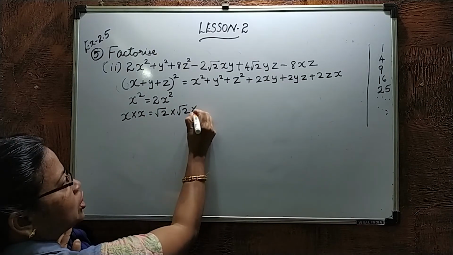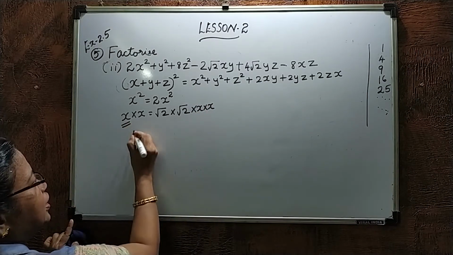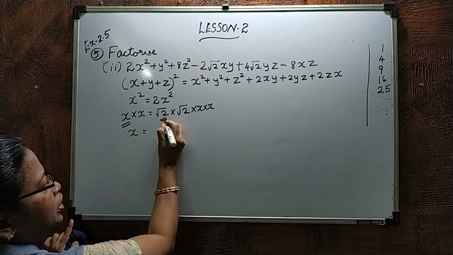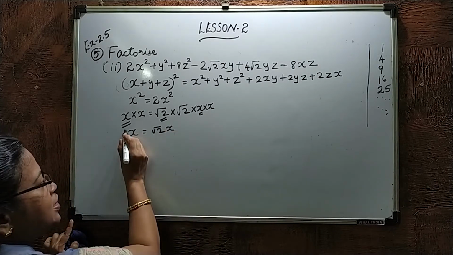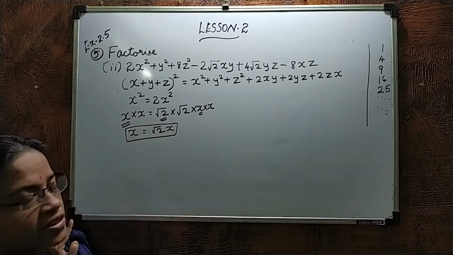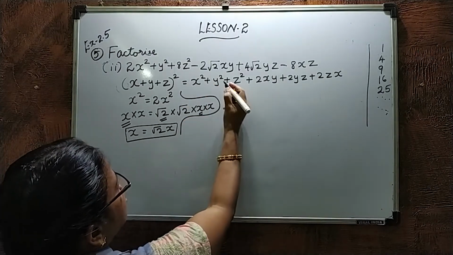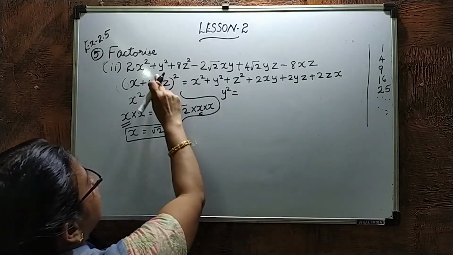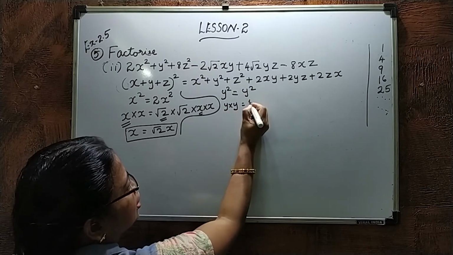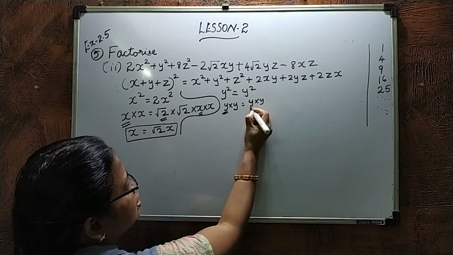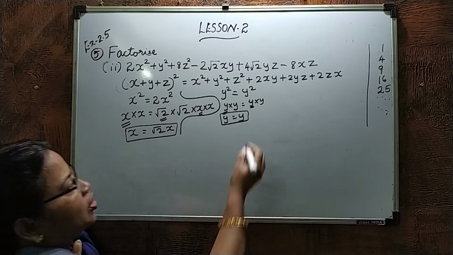Then x square means x into x. Then what is x here? x is equal to, take the first root 2, take the first x, root 2x. So x is equal to root 2x. Then next section. What is the next section now? It is y square. y square equals y square itself. That means y into y, here also y into y. If you take the first term, okay, y equals y. Okay, now next one then.